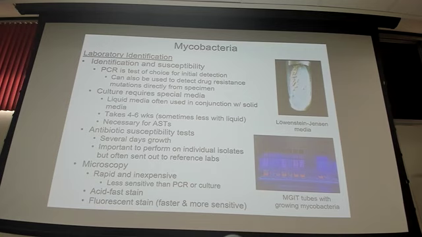When we culture these, we will usually culture them on solid media, like this Lowenstein-Jensen media. You can see those colonies forming. It's a slant, a different type, like a tube with this solid media on a slant. But those bacteria are growing up here. And then we also do a liquid broth as well. So these are MGIT tubes with a broth, I forget what the broth is called, like a Middlebrook broth.